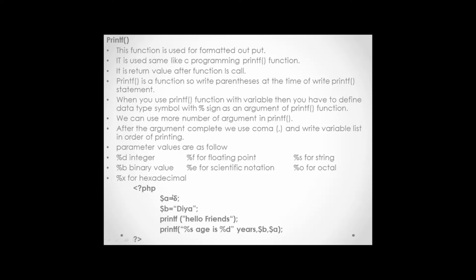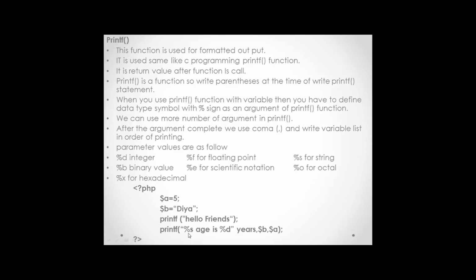After declaring these two variables, I want to print them in the order of the parameter sequence. So I use the message printf %s, then age is %d years. The first one is %s, which means I want to print string data. My string data is in the $b variable, so after the comma I use $b for the first parameter value.